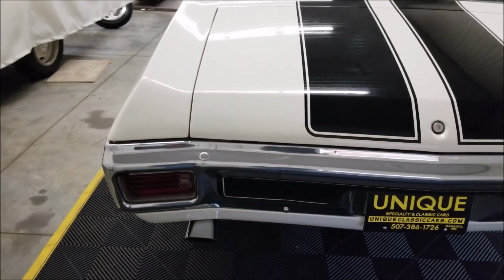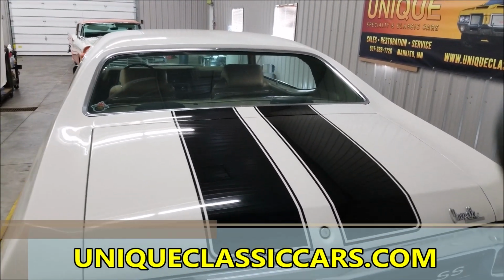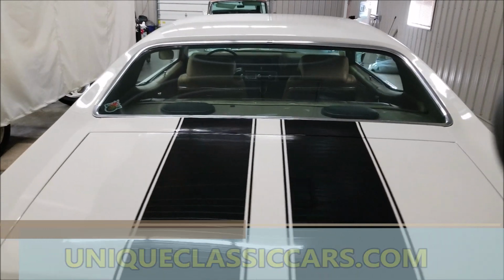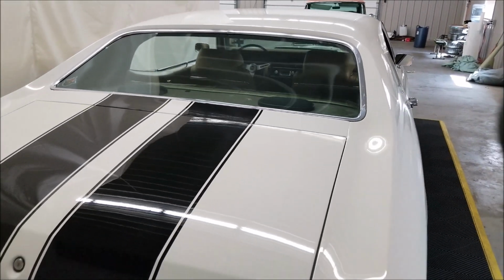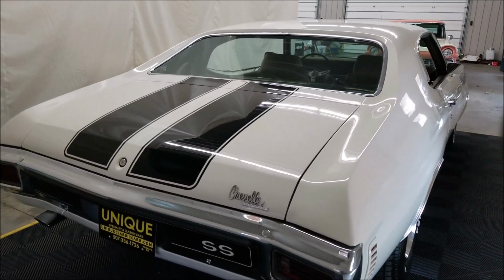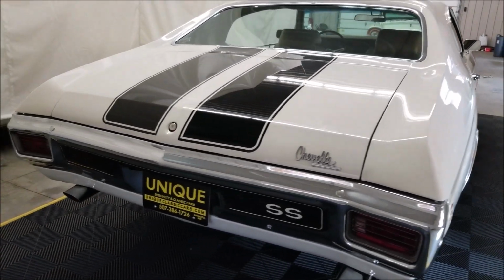This car sounds great. Feel free to check out the underside pics too. Appears to have all the original floor pans in it, everything underneath there. Take a look. We don't doctor them up or do anything with the undercoating and try to cover things up. You're going to see some old undercoating. You'll see some just grime from the years, but we haven't doctored anything up. You'll see that it's pretty solid underneath there. Check out those still pictures,